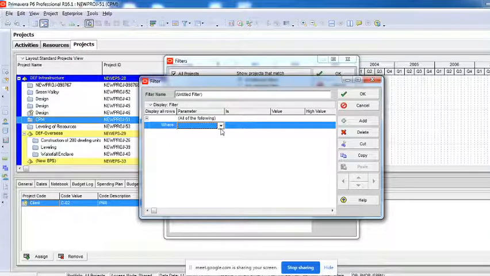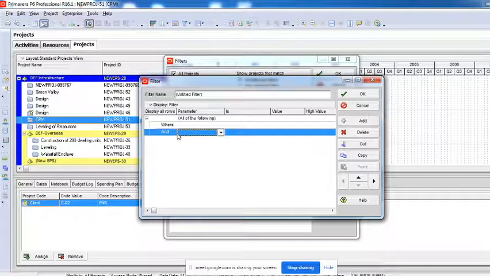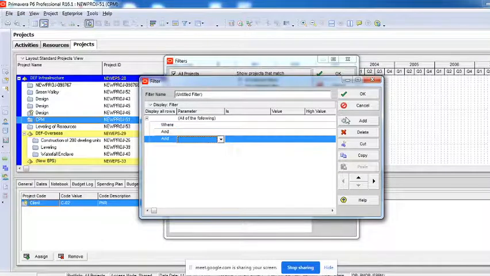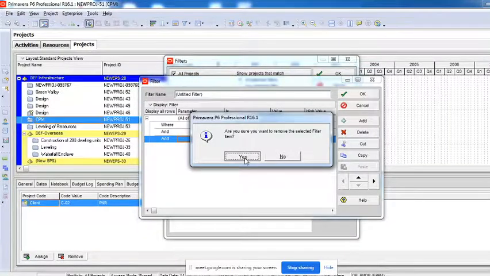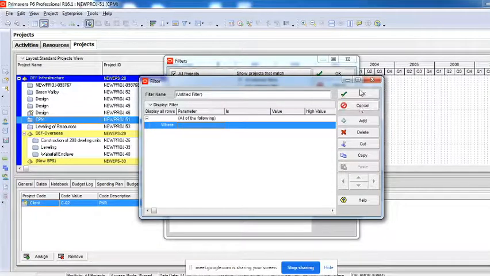If you want multiple filters, multiple parameters where this is equal to this and that is also equal to this, then when I add this here, you can see the AND option comes. So you can select multiple parameters to create filters also.